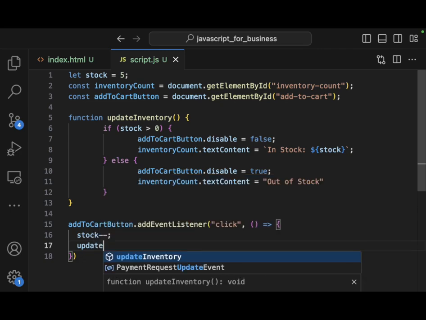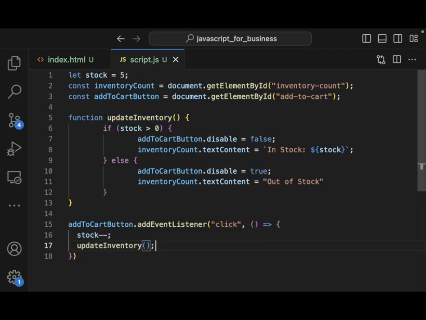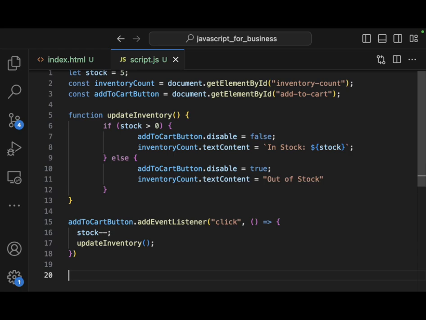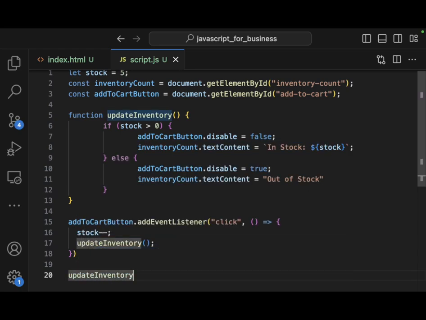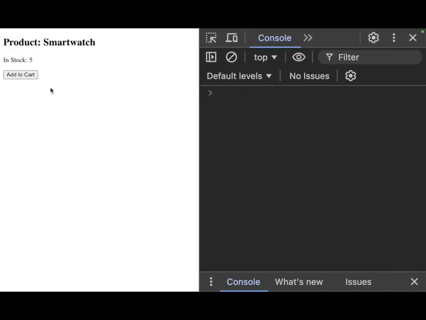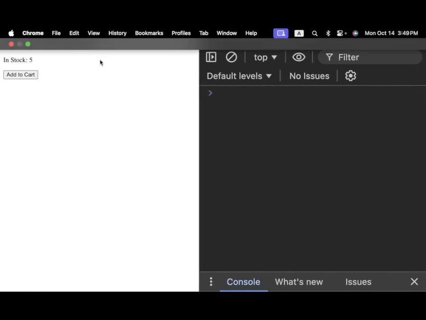And then we want to update our inventory, which is this updateInventory here. We're calling a function inside of our function. And then eventually, to initialize the page for the first time, we need to call updateInventory. Okay, so this is handling our real-time inventory updates, and it's going to disable the cart button when the stock reaches 0. So if we restart this,